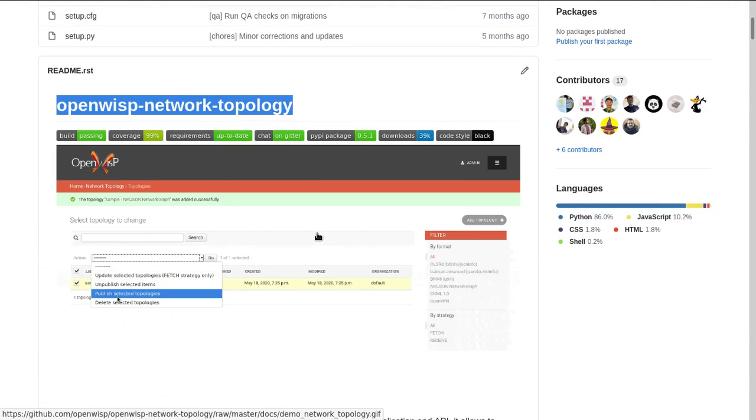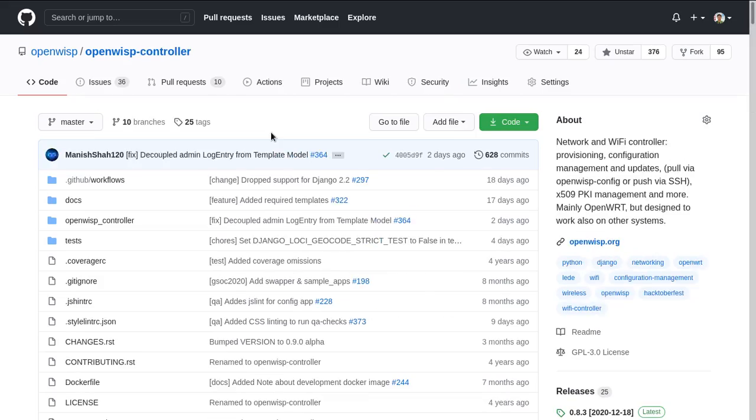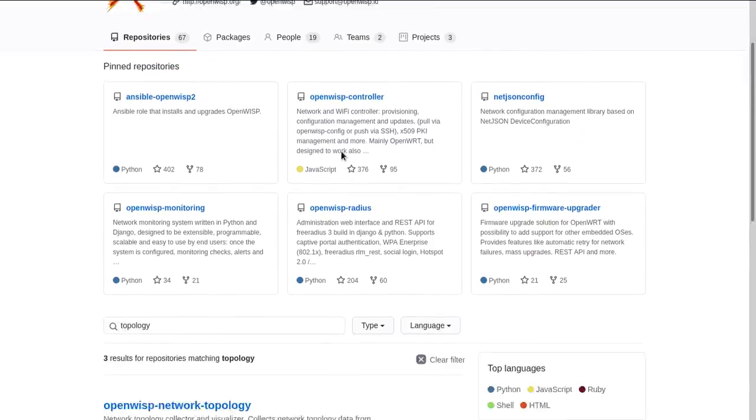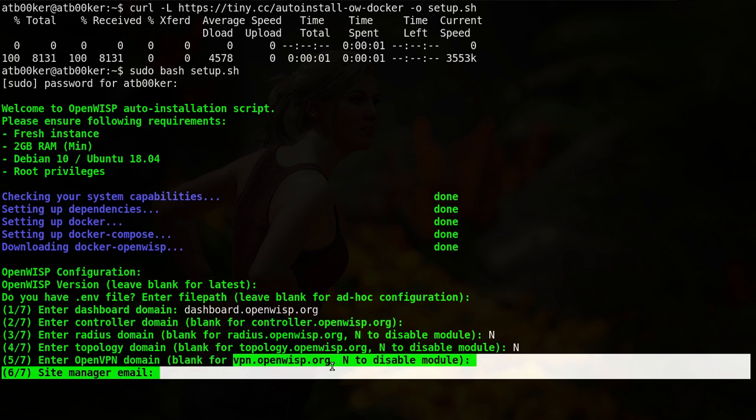Whatever module you're interested to know about, you can find more information about it in its README. So let's continue with the setup now. The next thing it's asking for is an OpenVPN instance. This instance would be helpful if you have some kind of a management instance that you want to set up. I'd rather go with the default one itself. By default, I mean the suggested one.